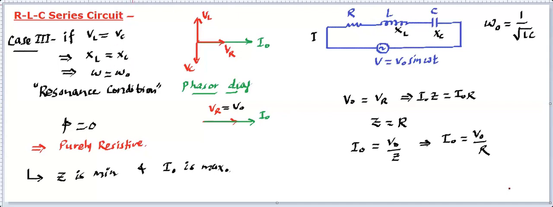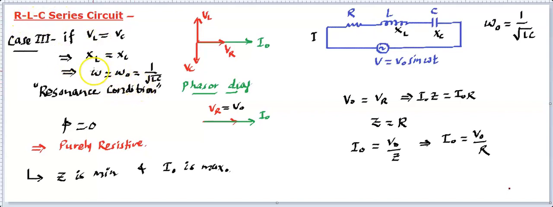And when it is asked that the RLC circuit is in resonance, then find the phase difference. You say 0. What type is it? Purely resistive. How is the impedance? It's a minimum. How is the current? The current's amplitude is maximum, and the two frequencies are identical. That means it is resonance. This frequency is 1 upon under root LC, so you can find that value as well. L is given to us, C is given to us. You can find what omega and omega naught are going to be. So these are the three cases that are related to the RLC series circuit.